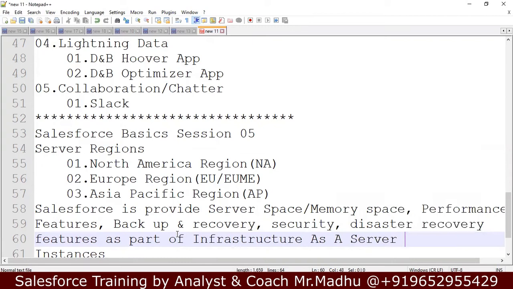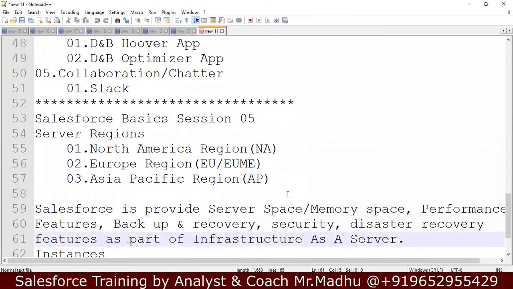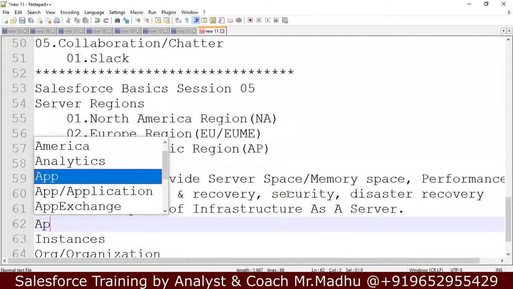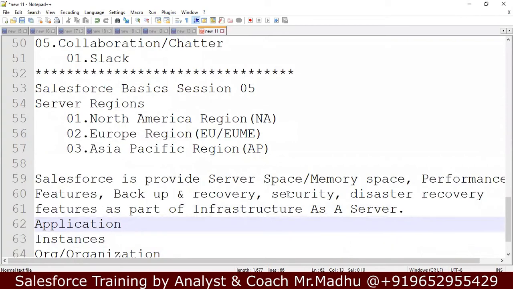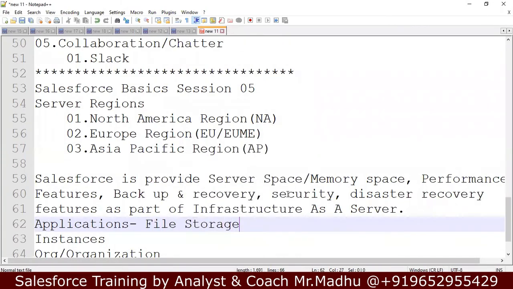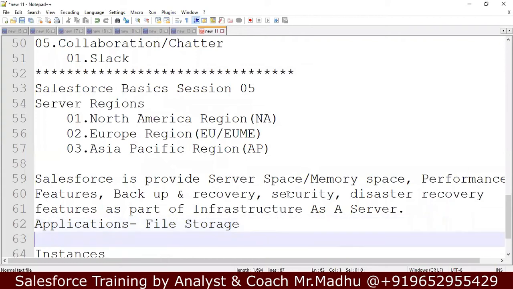When some organization takes Salesforce services, they design applications. They develop applications, they build applications. This application data is called file storage. These applications are stored as files, that is file storage.